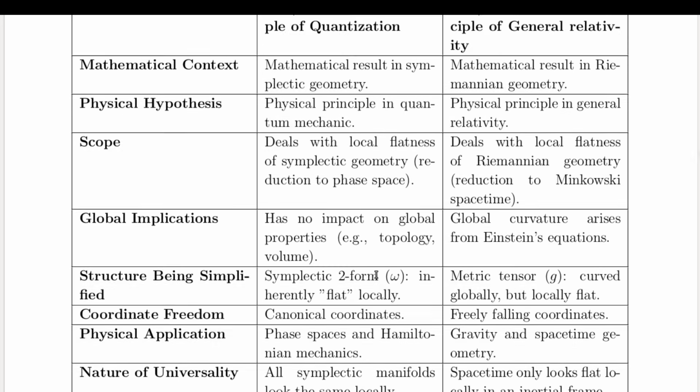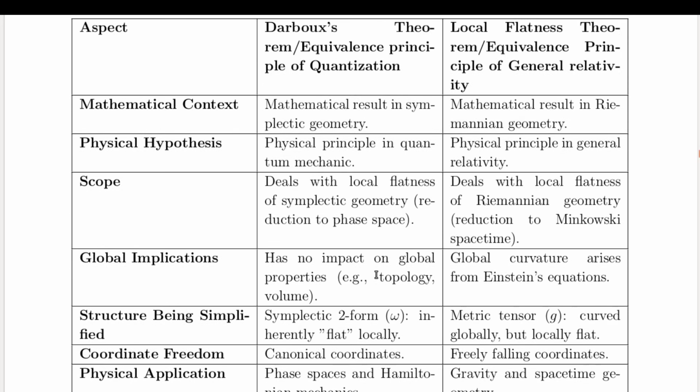However, it's important to note a key difference. In general relativity, local flatness is constrained by the global curvature of spacetime, which encodes the presence of gravity. In symplectic geometry, Darboux's theorem ensures that the symplectic form is always locally flat, with no analog of curvature to complicate its structure. This inherent simplicity is what allows the symplectic form to serve as the universal foundation for both